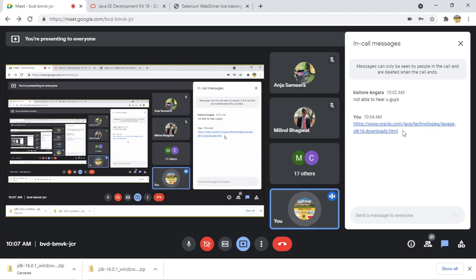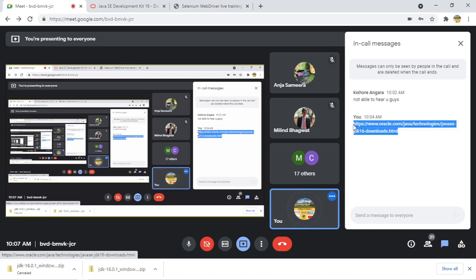I am saying that I have pasted the URL in the chat box. Hit that URL. It should not ask. Okay, sir. Try so that everyone will be on the same page. Then we will see the next step.